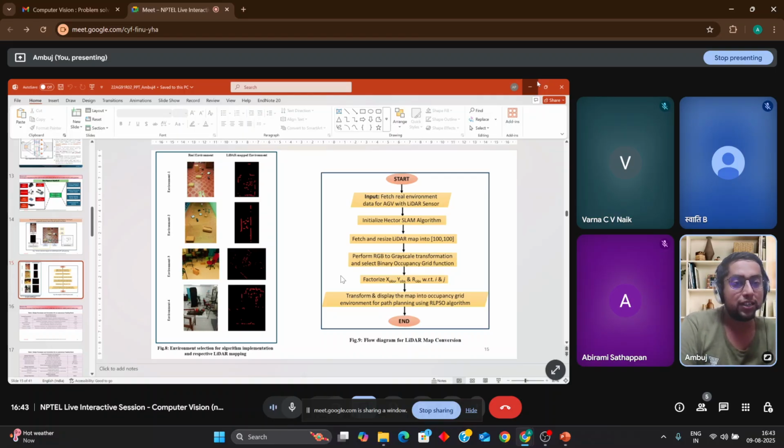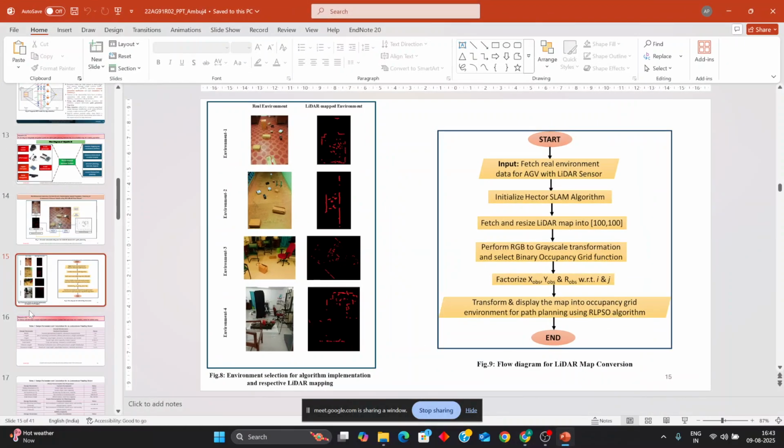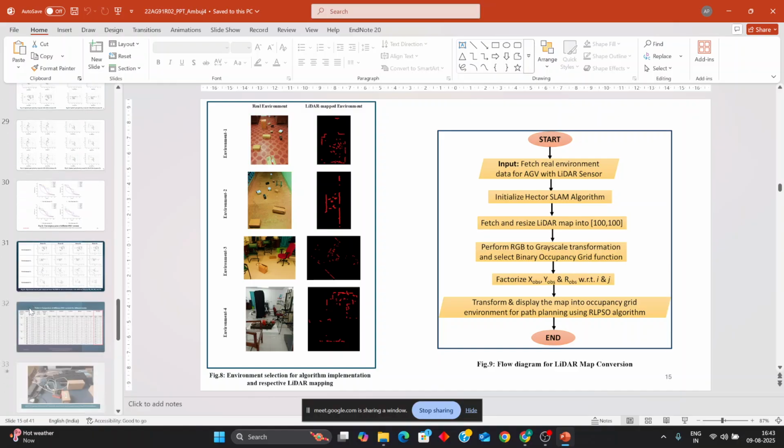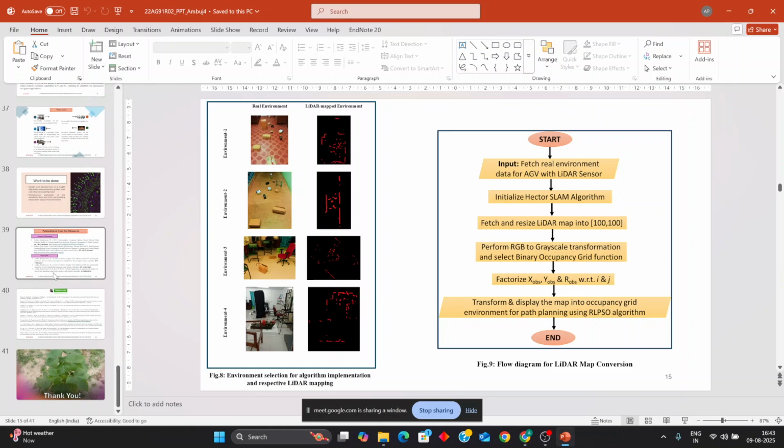So in those many small steps, it is traversing from point A to point B. Okay, that is the thing. This is the basic of your robotic navigation. Okay. Now, if you understood it,